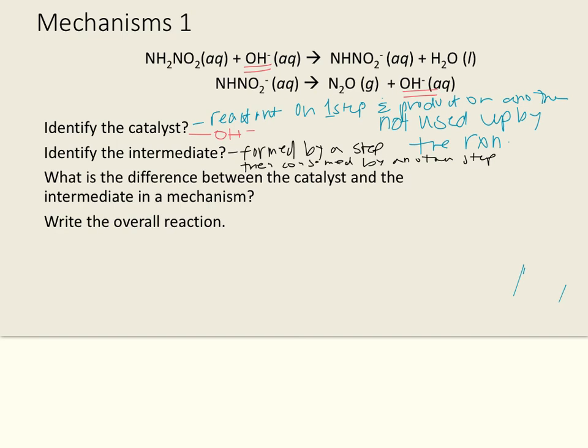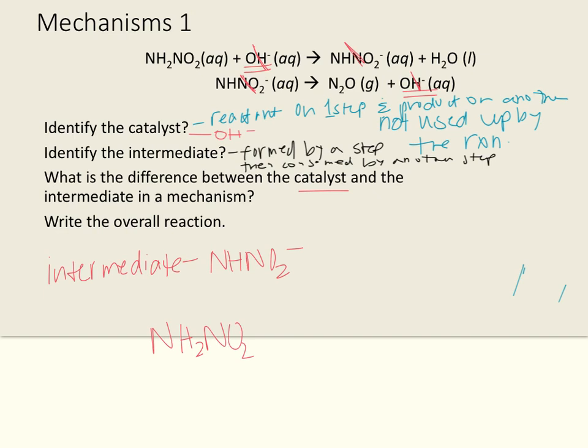It gets formed right here by this step. These are the reactants that you initially put in. This gets formed, and then it gets eaten up by a subsequent step. So this would be the intermediate. Okay, and so remember, a catalyst is a reactant first, and an intermediate is a product first. And in the overall reaction, if we add all this together, this cancels out, and this cancels out, and so we would end up with